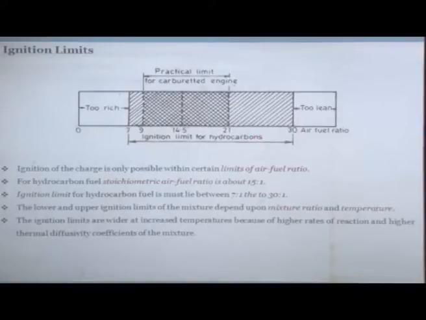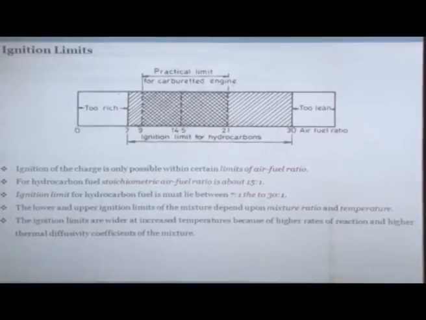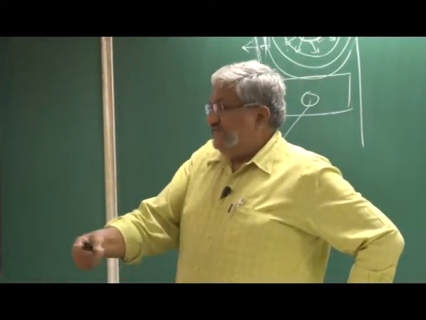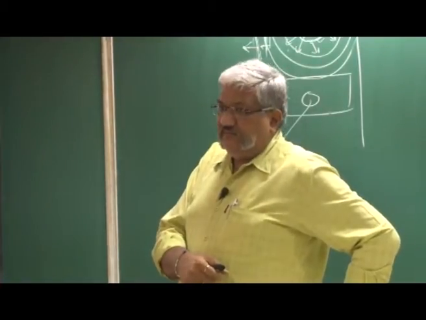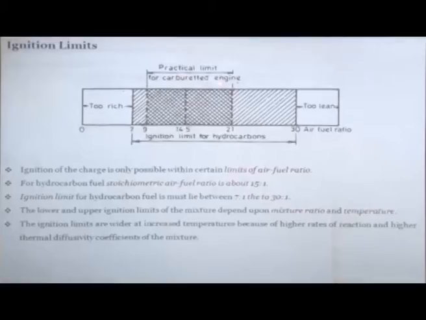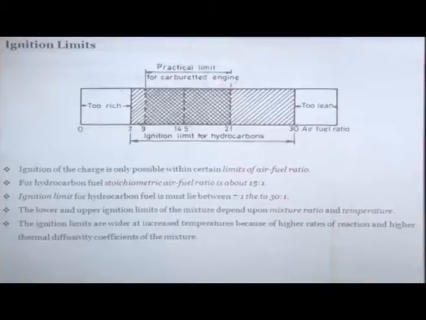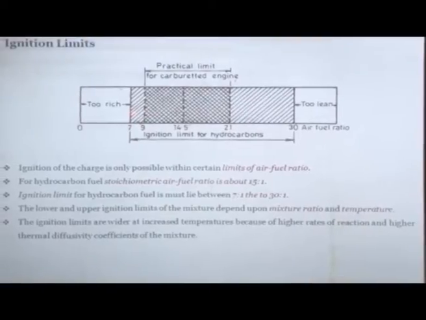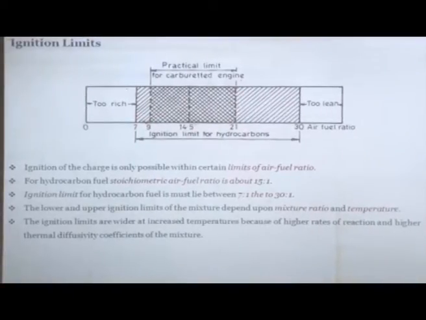Okay? But when it comes to engines, combustion is altogether a different ball game. Why? Because the time available to you is very small. The entire combustion process should get completed in some 5, 10, 15 milliseconds. So you do not have the luxury of time, and therefore, for all practical carbureted engines, the air fuel ratio maximum you can go up to is 9, and on the lean side maximum you can go is 20.